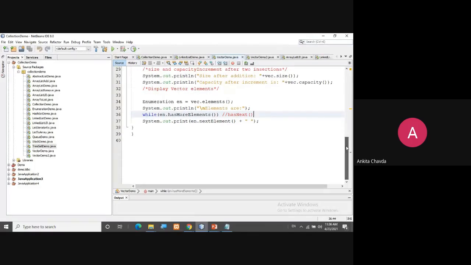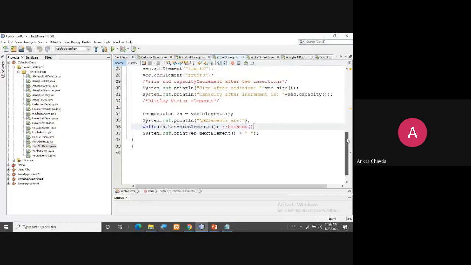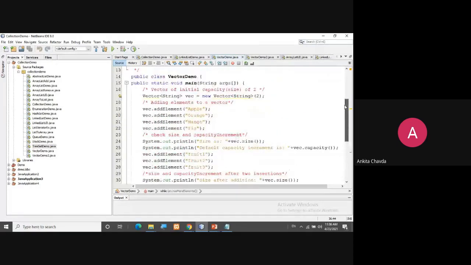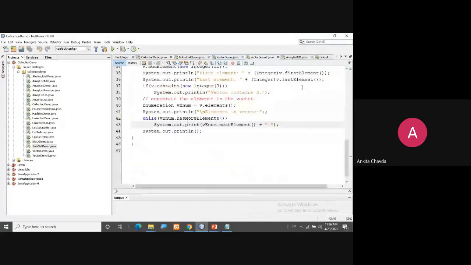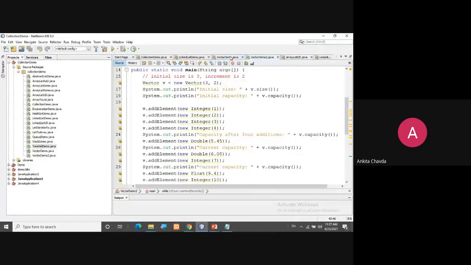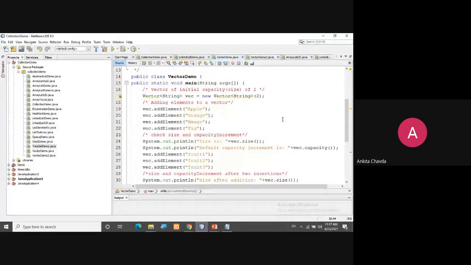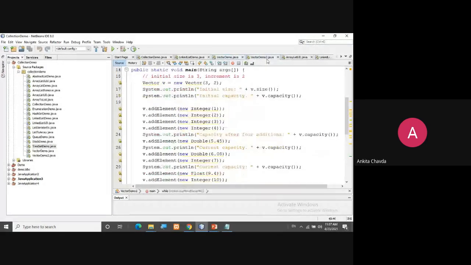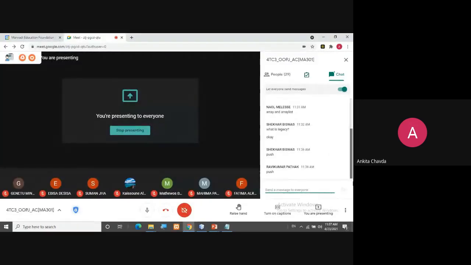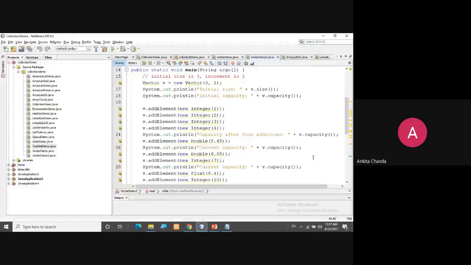Then this is what we have seen for the vector. Vector demo 2, have we seen it or does it remain to be seen? You have seen it, I think. Yes, we have seen this vector.